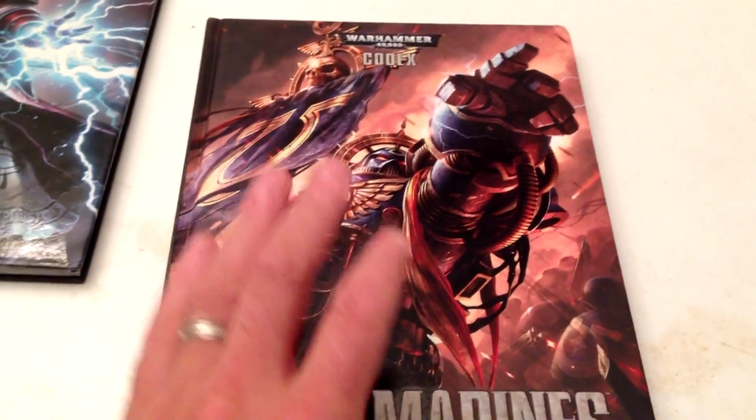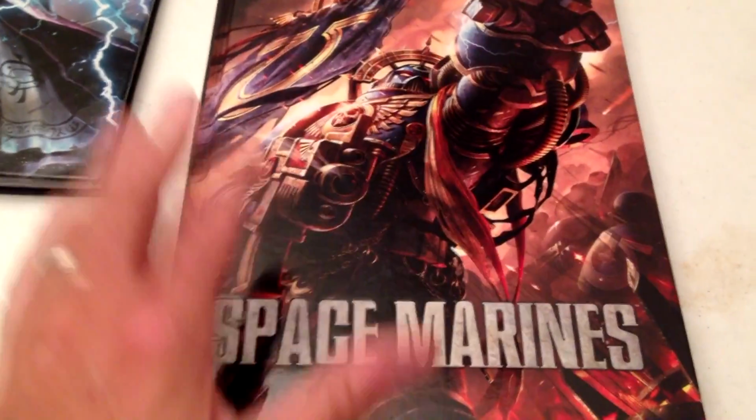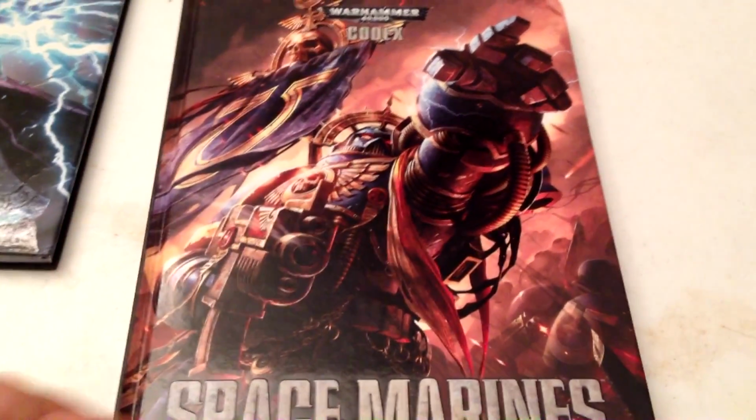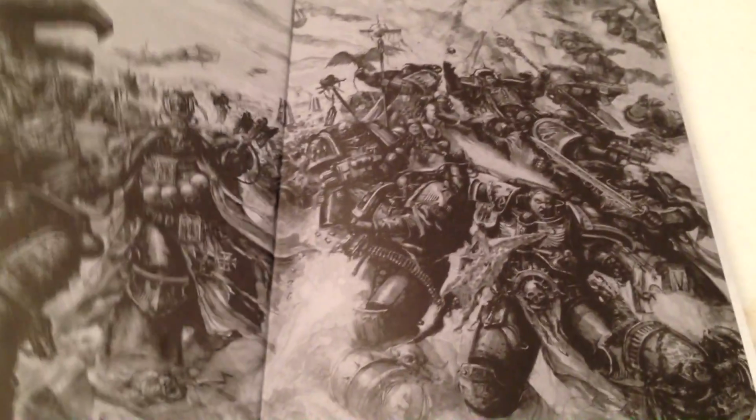Let's talk about the codex. The codex itself is hardback, just like the other 6th editions. It has everything that you expect in a 6th edition codex and more. Okay, this is 178 pages long. All right. It has the opening artwork,